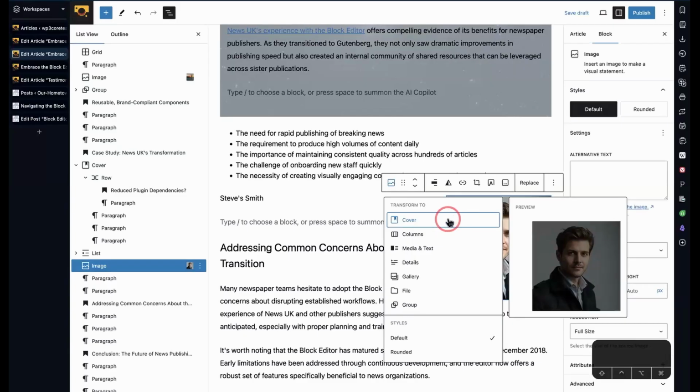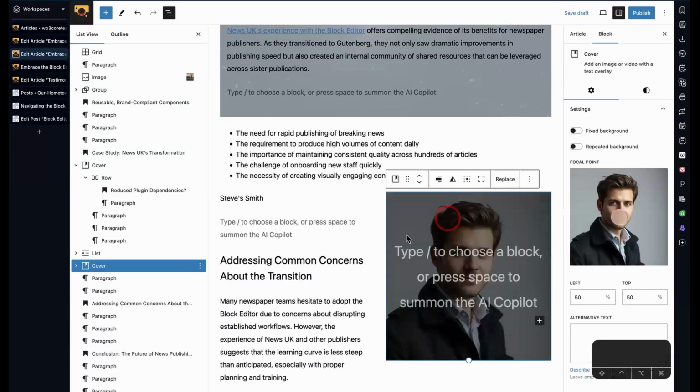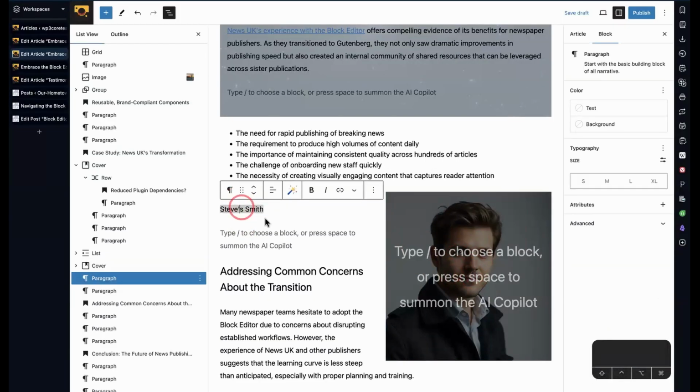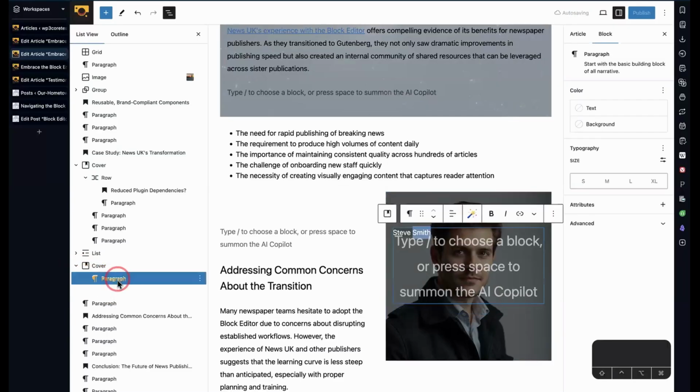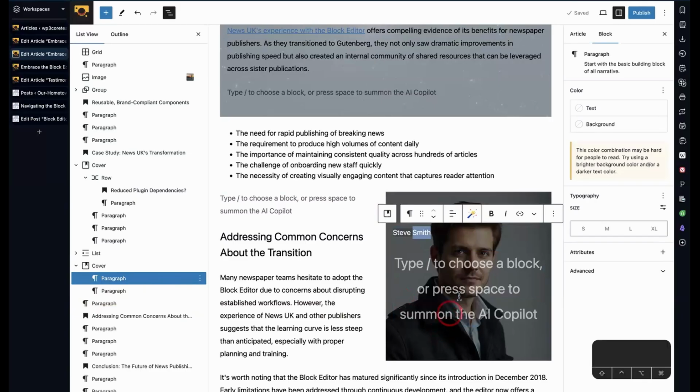What that does is it's going to create the cover block like we did before. Then it's going to assign the image that you've selected to that background image, and then it'll put the placeholder paragraph in here, where I can then either copy this or even drag this in. So this is Steve, so I'll just drag Steve in here. And once again, I'm going to get rid of this